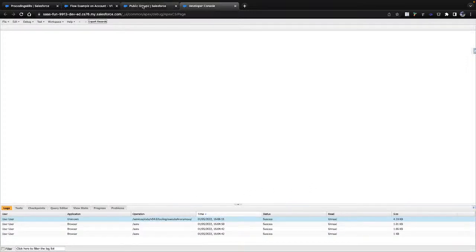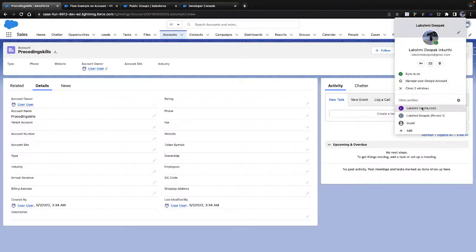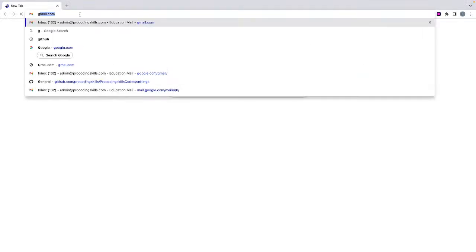Looks like this got executed. Let me go here. I should have received an email by now, but if I don't receive, that's also fine. Do you want me to show how the emails look? Let's say I'll just go to my Gmail and see if I have an email already.